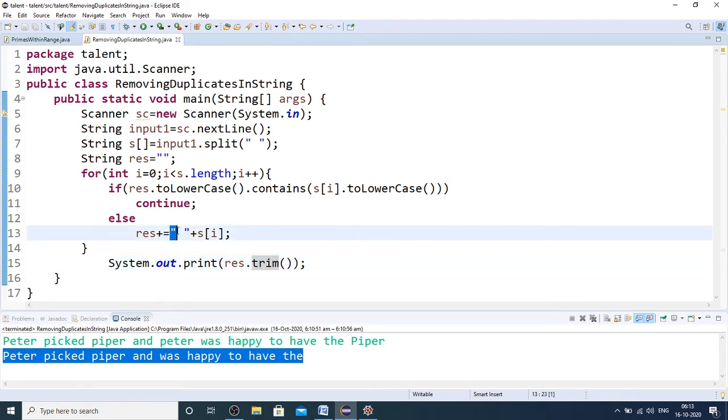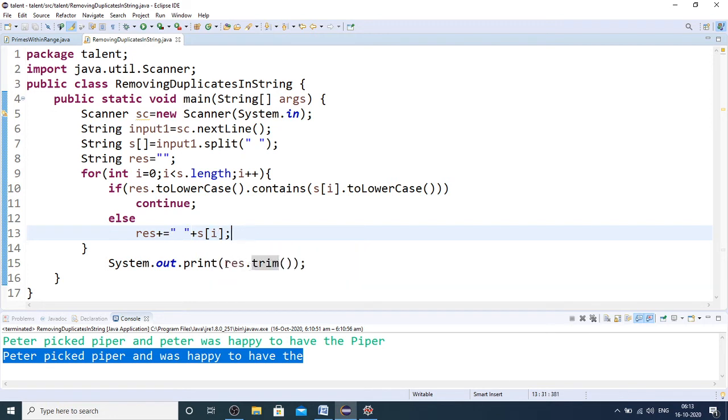So even you can use this space addition after this S of i also, but still you have to use the trim method. So if I'm adding this space here, then my string starts with a space. If you add this space after S of i, my string ends with a space.